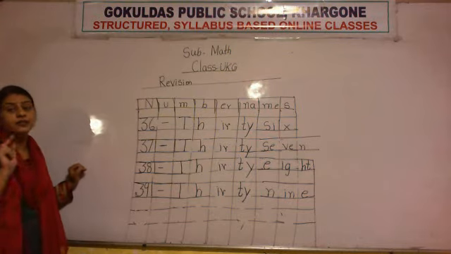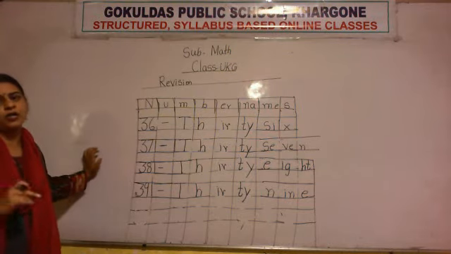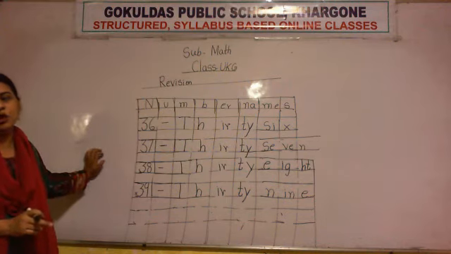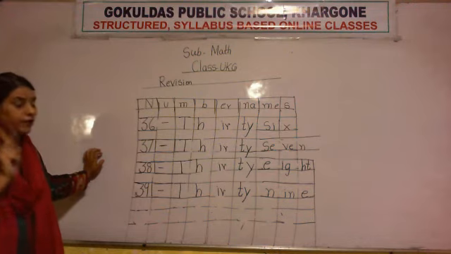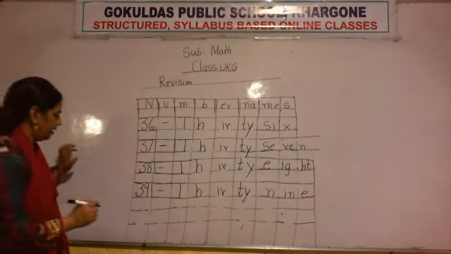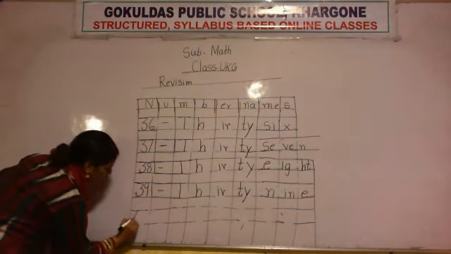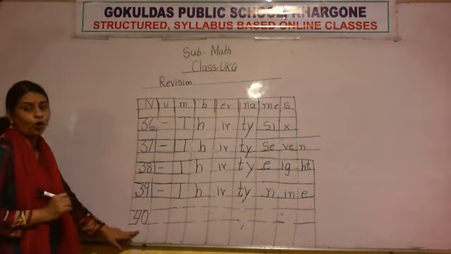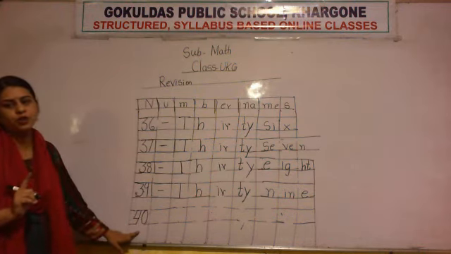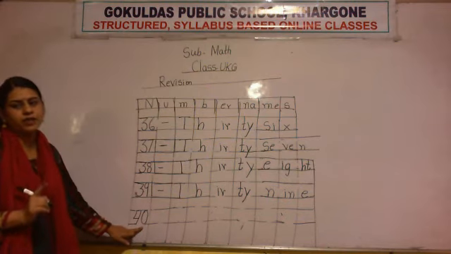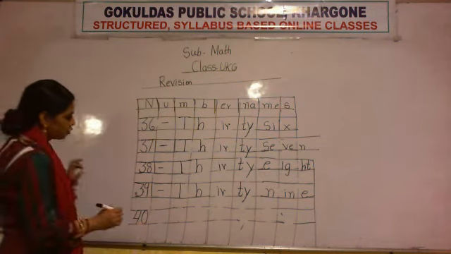Now after that spelling of 40. See, listen to the pronunciation. I am not saying fourty. I am saying forty. That means we have to listen to the pronunciation and according to that we have to write the spelling. So I am going to write here 40. And 0 should be in oval shape. Nobody will make 0 in circle shape. Okay? 0 always we have to make in oval shape. So here 40.